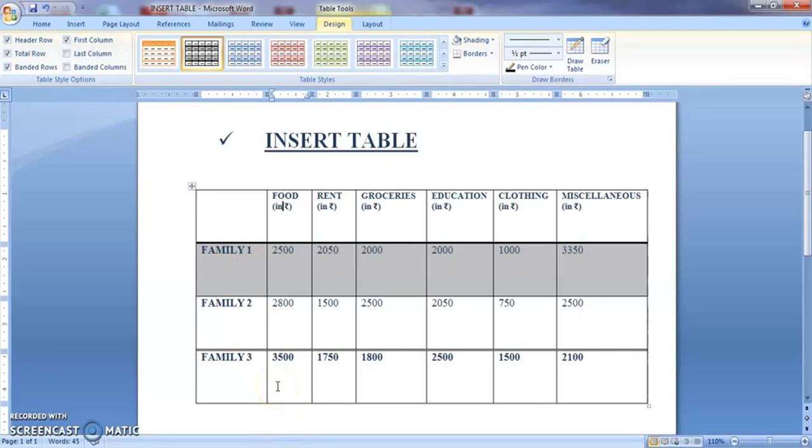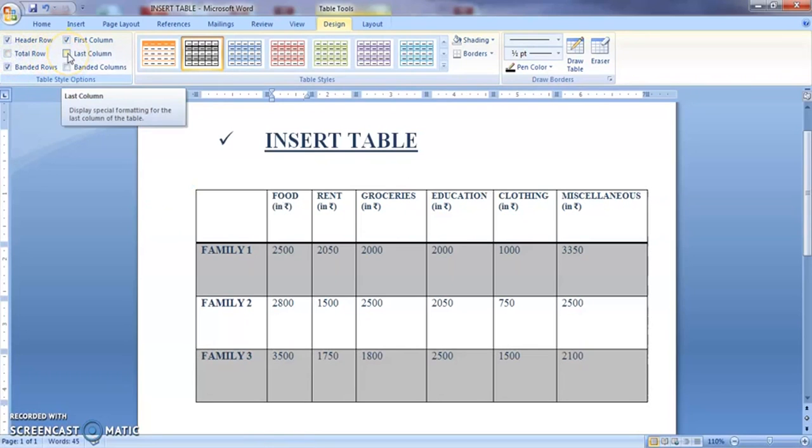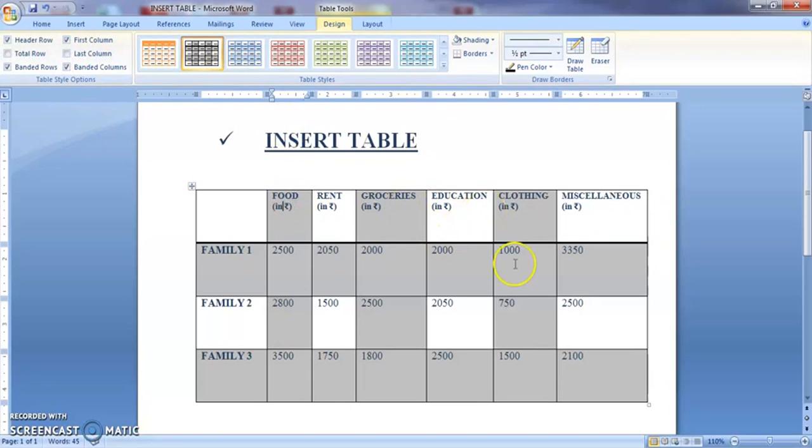It is similar to how we saw total for each column. Right? I am removing it. Similarly, if you want to make a change in the last column, you want banded columns, the alternate columns are banded. See here, the first, third and the fifth column is being banded. Okay, I don't want all these things, just remove it. You don't want even the style itself.